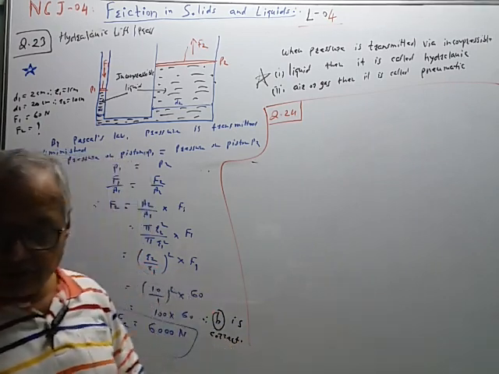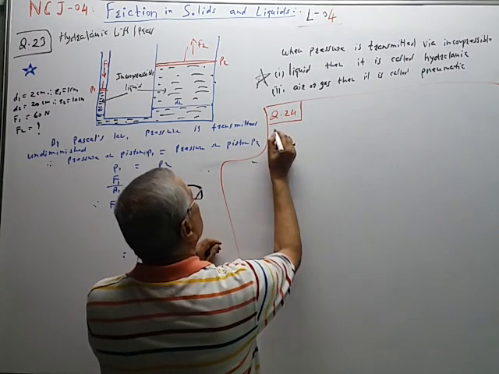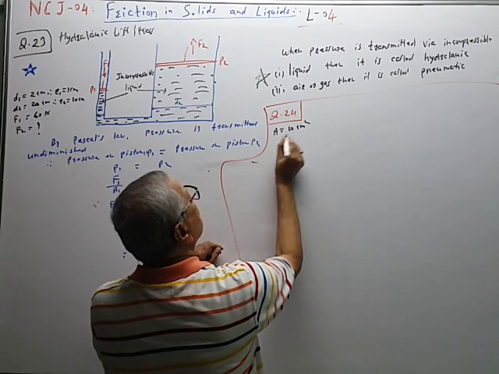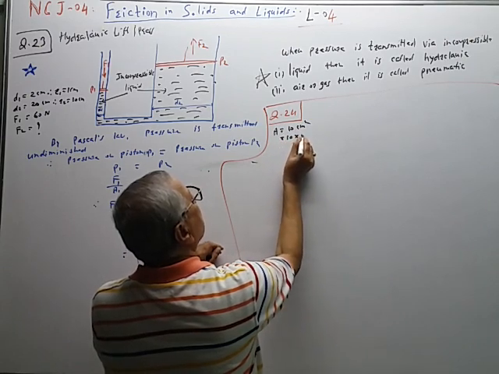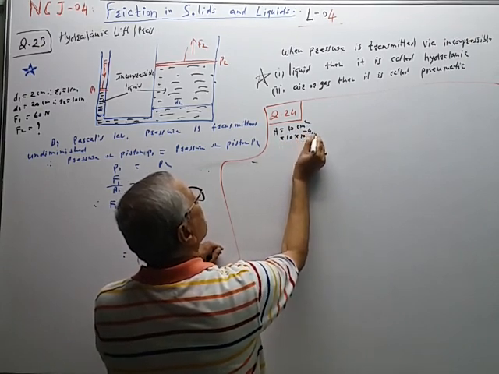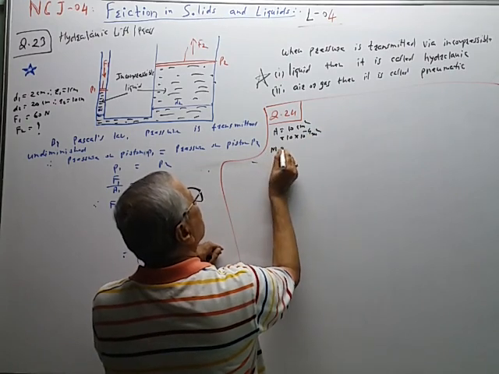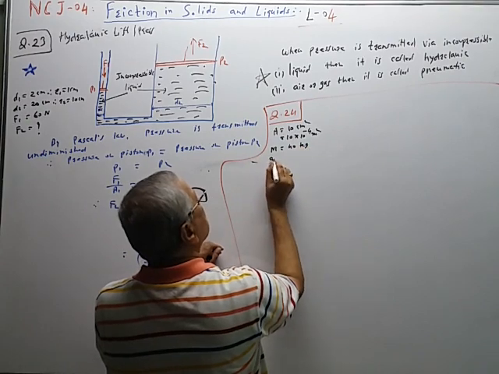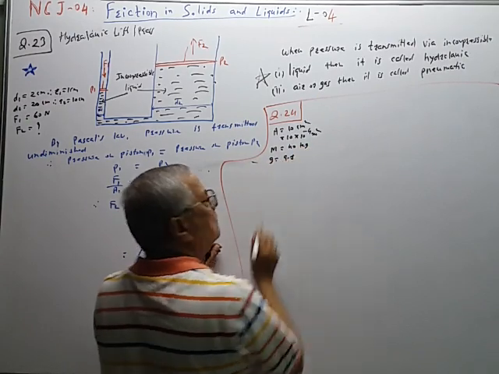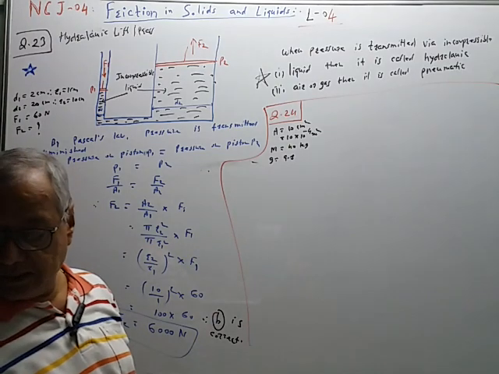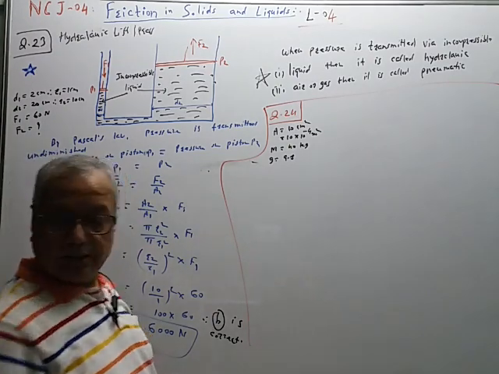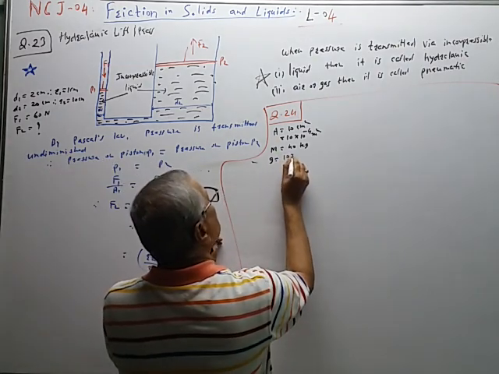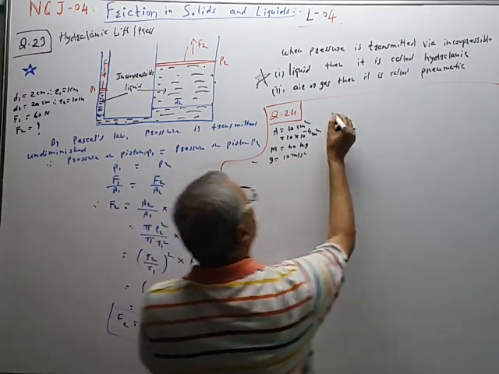So area of cross section of each femur is given. A is equal to 10 centimeter square, that is equal to 10 into 10⁻⁴ meter square. Weight of the 40 kilogram mass of the person, g is equal to say 9.8 or 10. If the value is in fraction, then it is taken as 10. g is given 10 inside the bracket. So g is equal to 10 meter per second square.